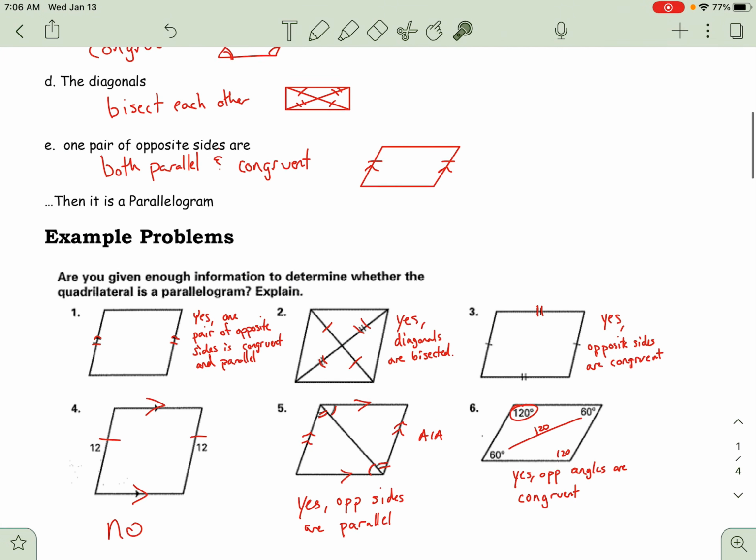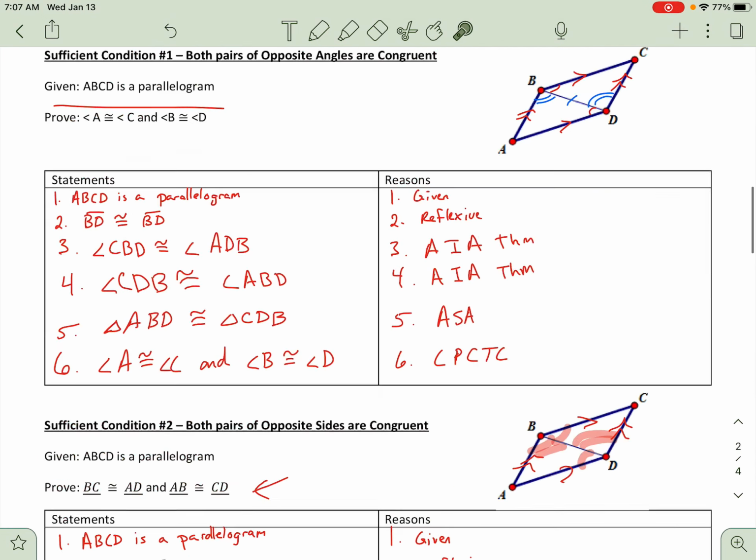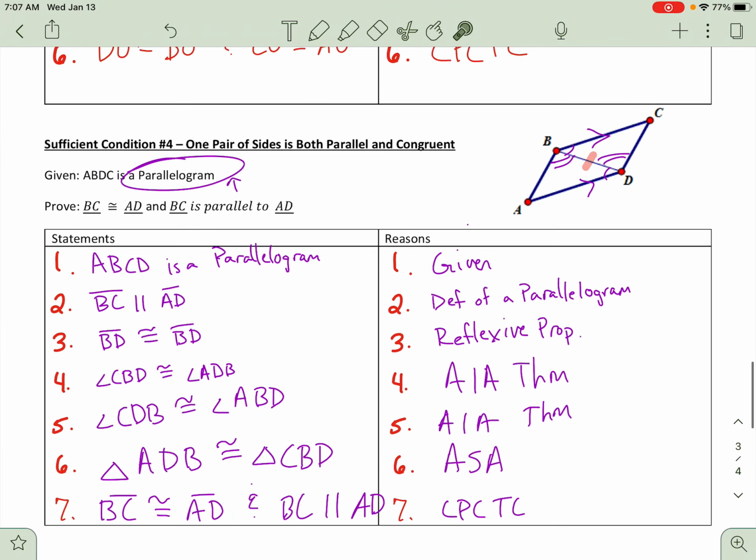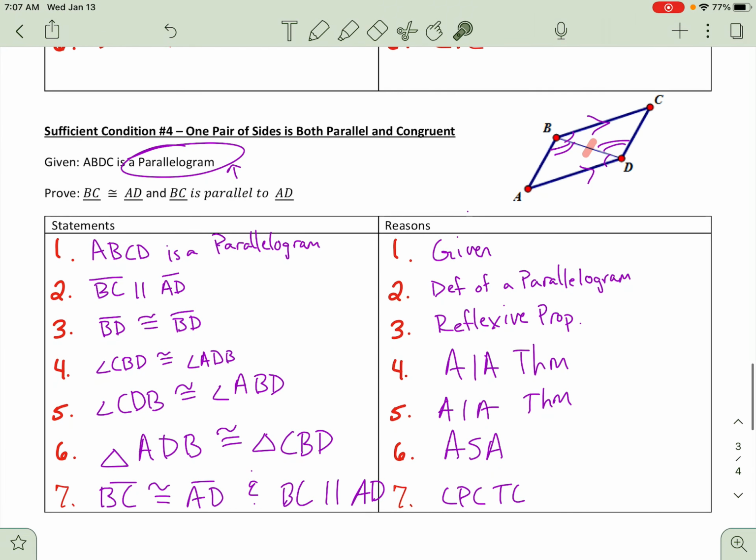Hopefully it didn't take up too much of your time. Go ahead and fill this out and make sure to get everything down. If you need to pause it, go ahead. And then finish your practice assignment from yesterday where you were supposed to do the first 2. And I will post a key for that later on today. All right, guys, I missed